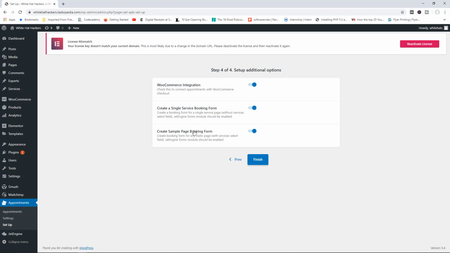Now in here, you do have the option of having the plugin create a single service booking form or a sample page booking form. What this means here is the sample page booking form will be a form that will contain all the services and all the providers, or the experts in this case. You would want to include this kind of form on your general services page where you describe each service, and then they will have the form at the end where the customer can then choose the service and then the